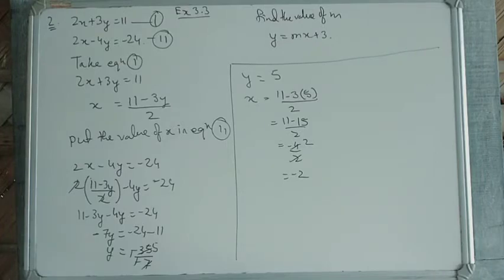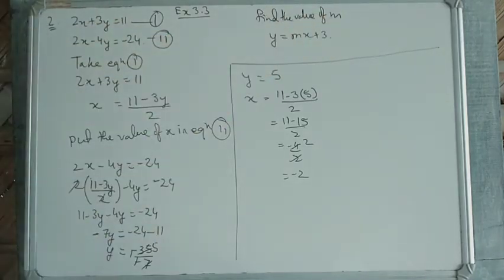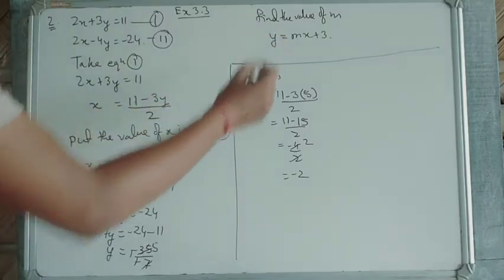Now after this, what we have to find? We do not have to find only x and y. In previous question number 1 we had to solve the equation. That means you have to get the value of x and y. Here not only x and y, we have to find the value of m also, where this is the equation that is given. Okay, what we have been given, the equation we'll write.